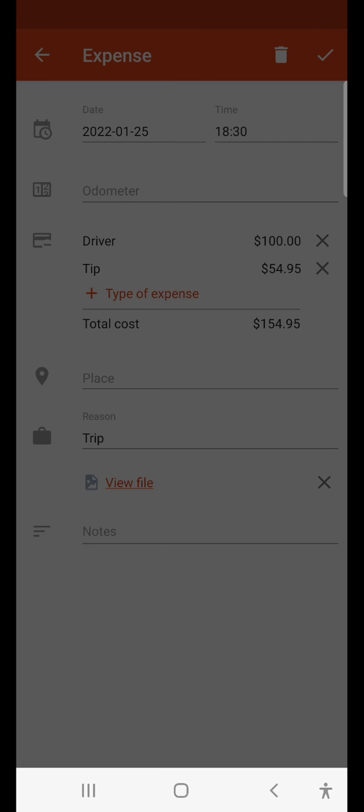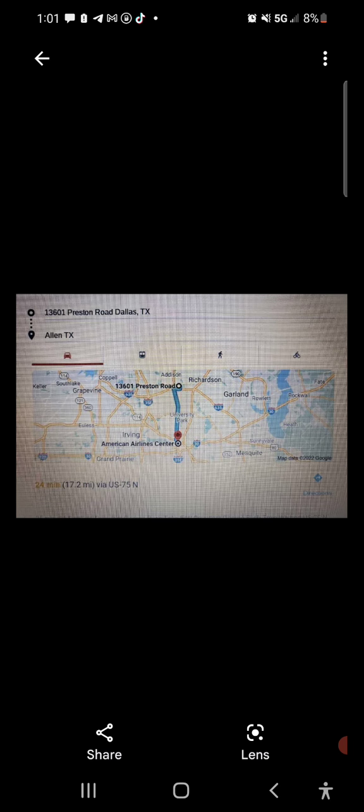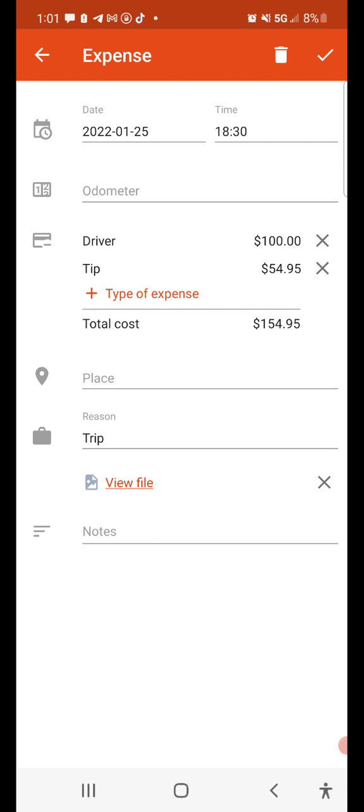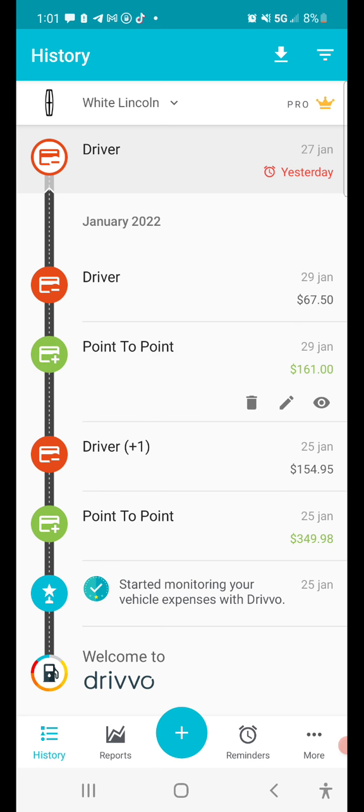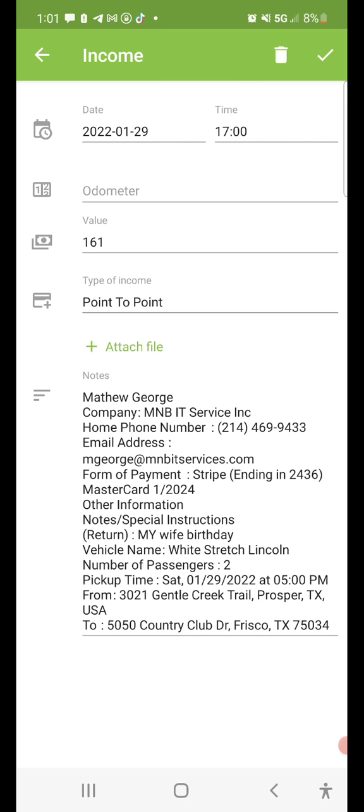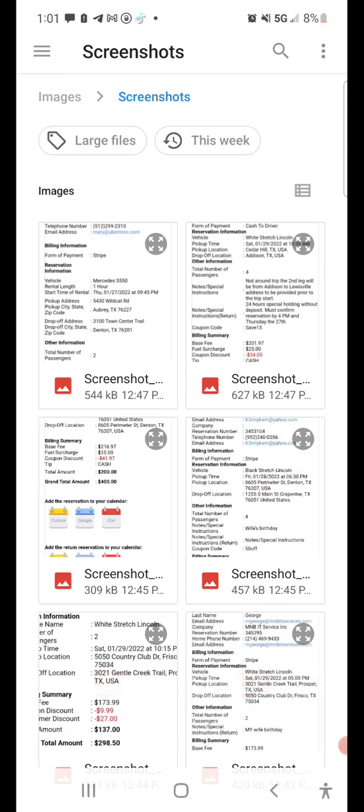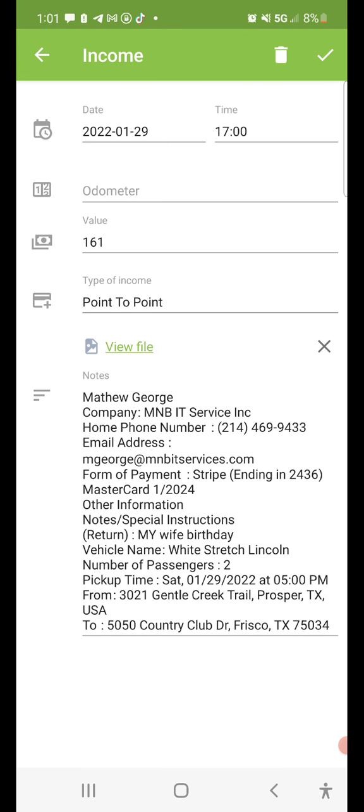And then here you can see we attached the screenshots of where they were driving. Now point to point is the next one in here, and that's Matthew George, and that's one of the ones that I sent. So we've got all that in there, and so what I'll do is I'll attach his little thing here, Matthew George, boom. So now I've got that, and the value is 161,